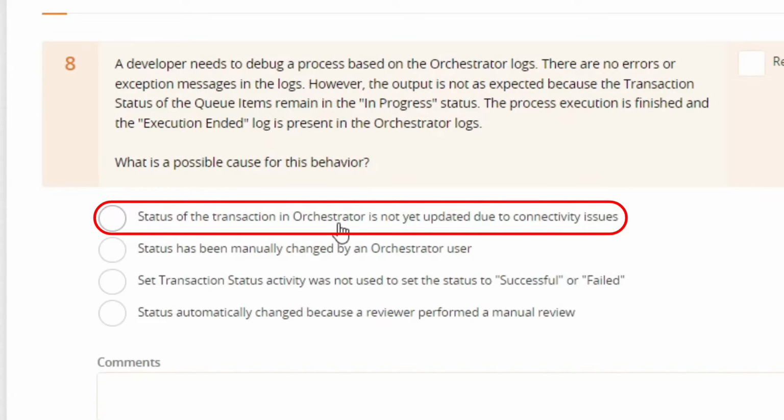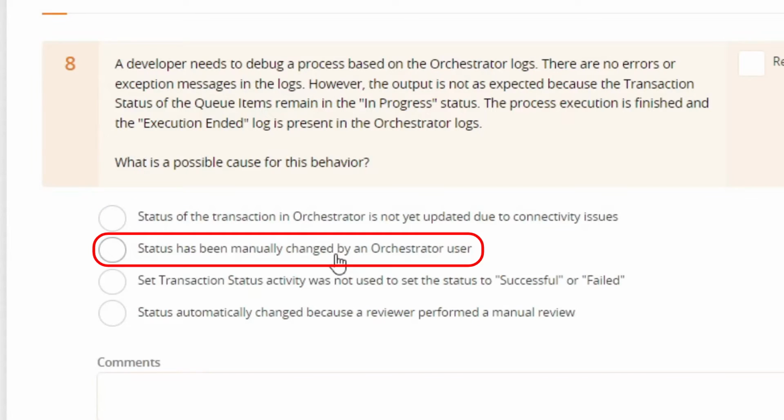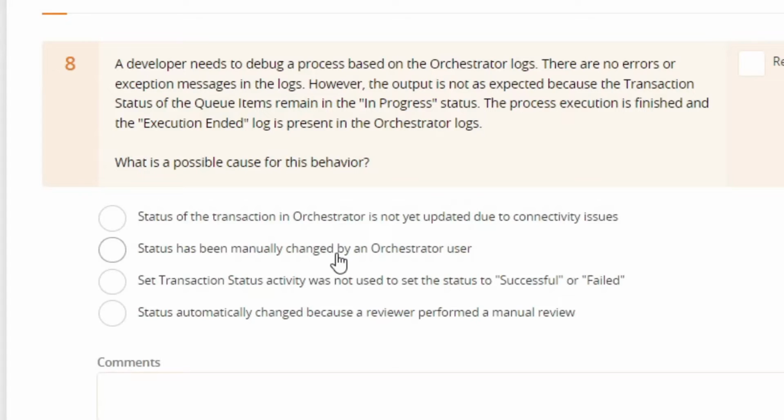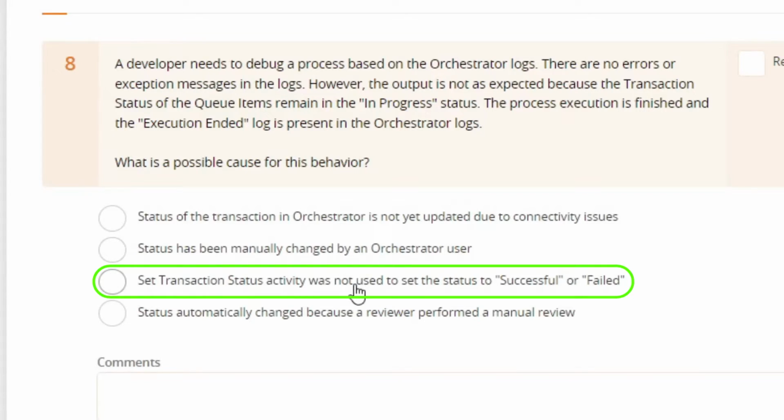This option could not be the correct answer. Connectivity issues, I don't think that will be the right answer to this. This is also not possible because an orchestrator user cannot change the transaction item status in orchestrator. And this is probably the answer because this is the only activity that sets the transaction item to successful or failed.